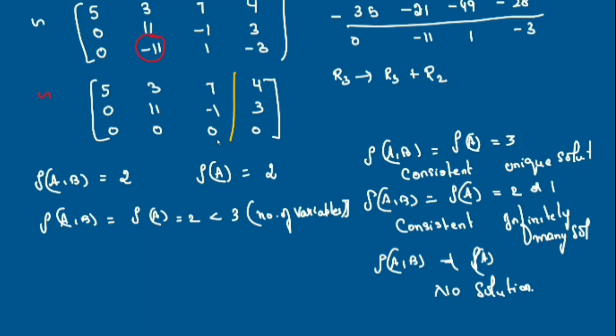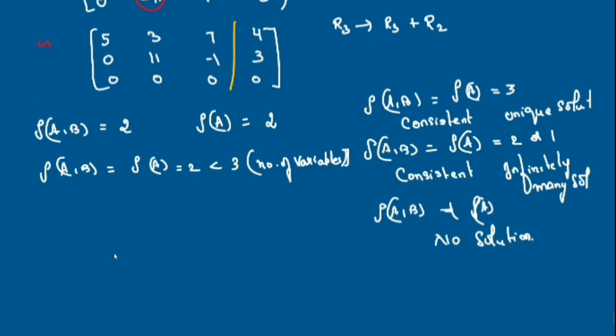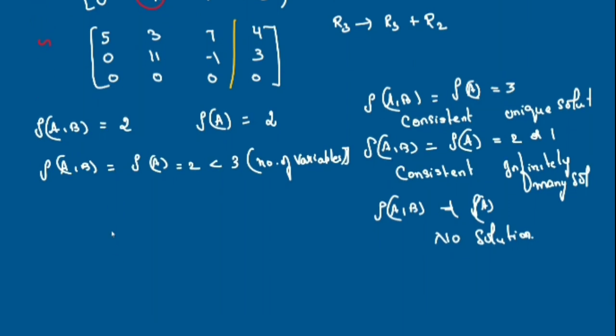We have to find that infinite solution. Put one variable as a constant. There are 3 variables, x, y, z. Take one of these variables as a constant. So I am going to take z as a constant, k or t. Third row, nothing is there. Go to the second row now. This is 0. There is no x here. This is y. This is z.